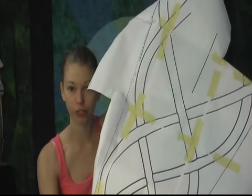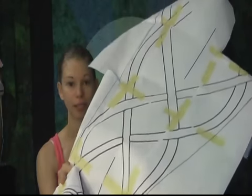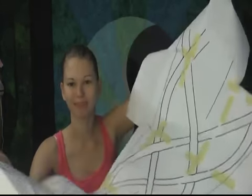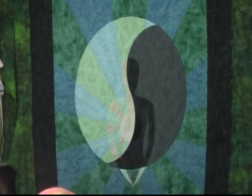This is the printed version of all the interlocking lines. And you tape it all together, and you can see it's kind of messy and it's difficult to use, and I'm actually going to probably end up throwing that away after this video. It's not easy to use that version of it, so I always then create